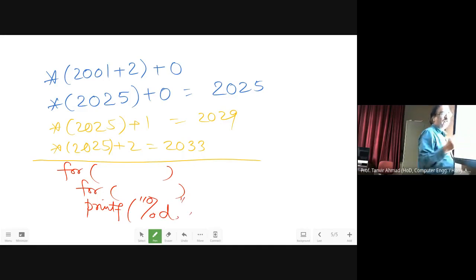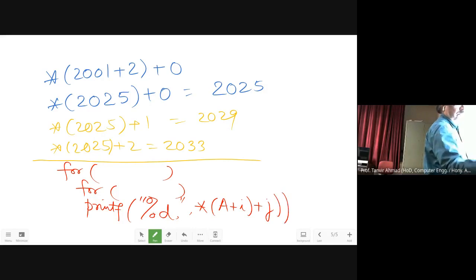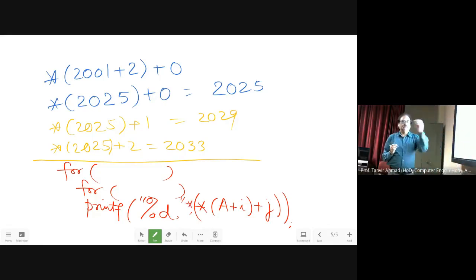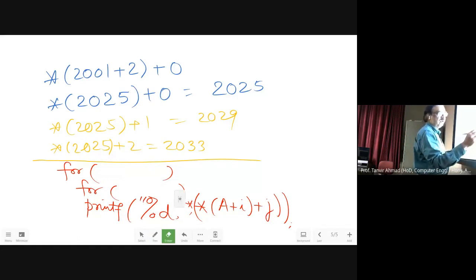Now here you have to use a double star, because you have to use a 2 over here. Just I'll make it a little more clear.